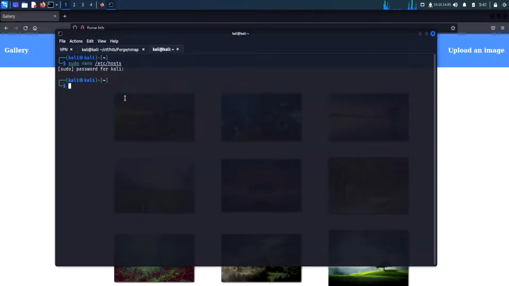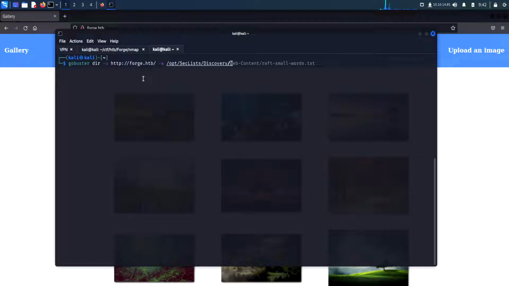Now, there are some things I usually do before proceeding to examine the website. I like to run a Gobuster scan, dir for directory mode to brute force the web directories, -u to specify where we wanna brute force. I'm gonna use forge.htb, -w for wordlist. We're gonna use /opt/seclists/discovery/web-content/raft-small-words